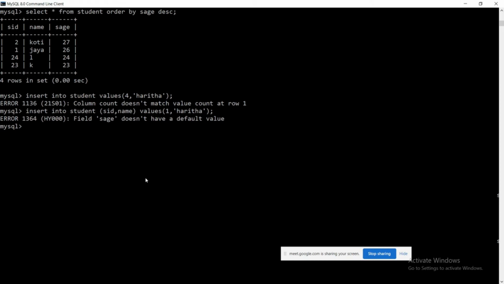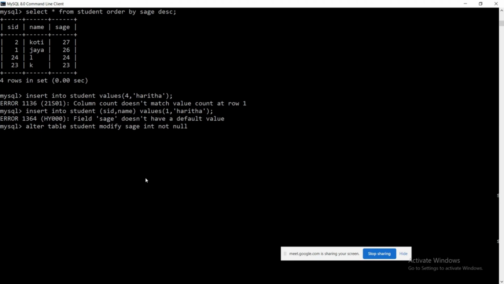The error says the age field doesn't have a default value. Yes. The problem here is that the age column is not null. When we are not entering any value, it is going to place the default value as null, but we are saying that we should not allow null values. So we have to place some default value for that. We can alter its structure by using alter table student and modify the structure: modify age, which is of type integer, which should be not null, and